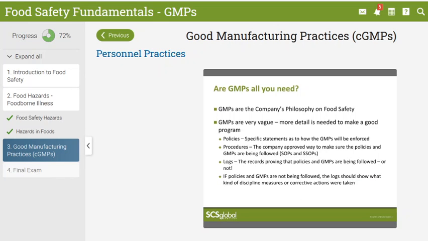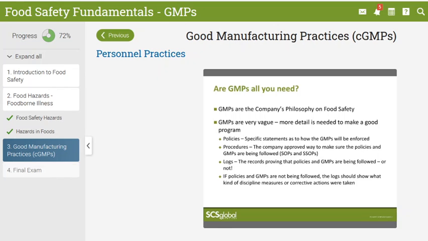GMPs are the company's philosophy on food safety, and they're very vague. There's often more detail needed to make a good program. You can add to your program policies, which are specific statements as to how the GMPs will be enforced, procedures, which are the company-approved way to make sure that the policies are being followed, and logs, which provide records showing that the policies and GMPs are being followed, or not. If policies and GMPs are not being followed, the log should show what kind of discipline measures or corrective actions